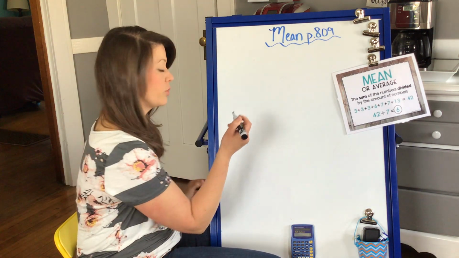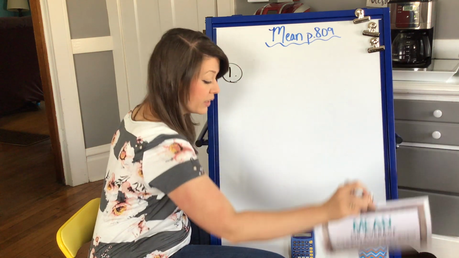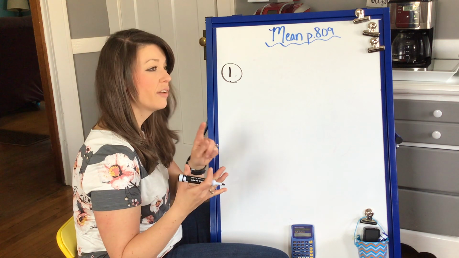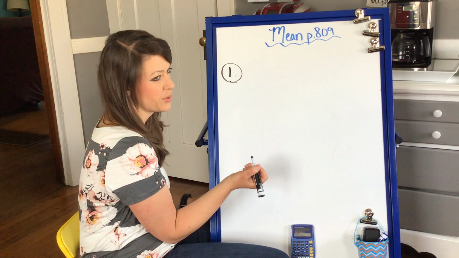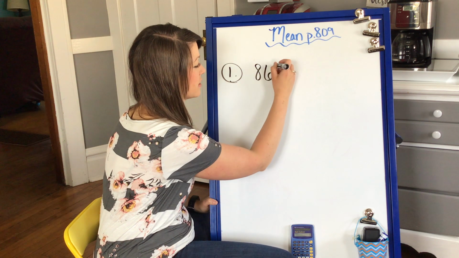So the first one we're going to do is with temperatures. So I'm going to give you a few temperatures. Now, the big thing is these can be given to you in many ways. It can be given to you in a chart, in a graph, in a line graph, or it can just give you the numbers. So if I'm giving you the temperatures, and let's say one day it was 86 degrees,